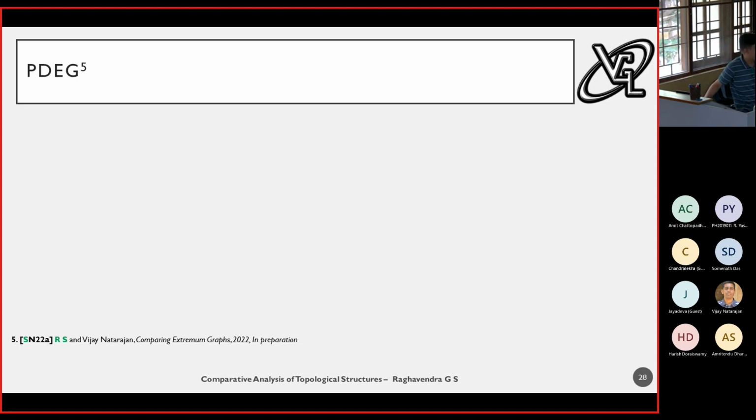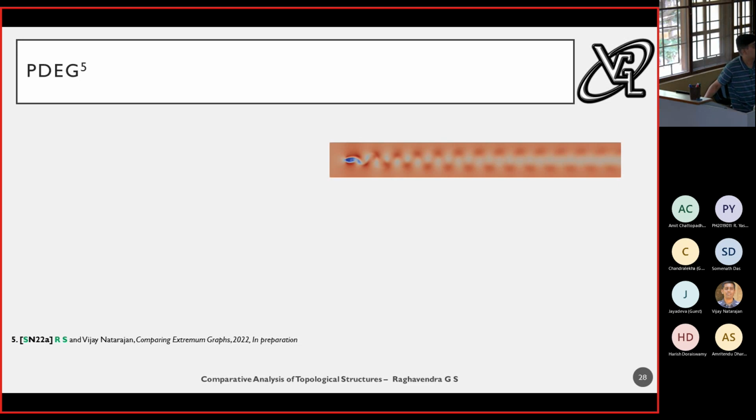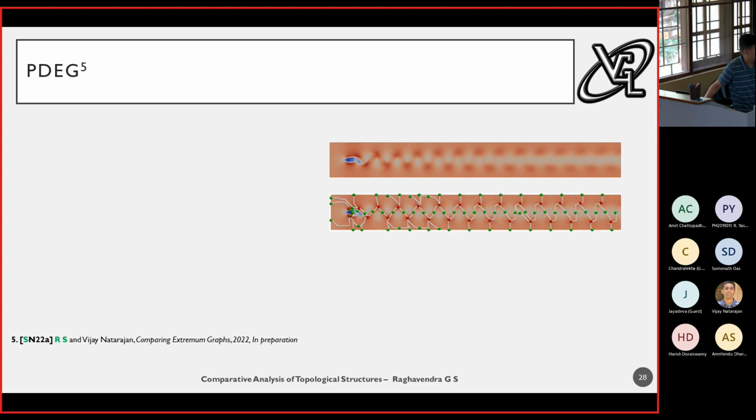With the background on the Hausdorff distance, Wasserstein distance, bottleneck distance, and also the metric graphs, we come to the persistence distortion distance between extremum graphs. In this case, there are multiple choices to be made. One is what type of extremum graph to choose. The extremum graph will look something like this. It would have the maxima, it would have saddles, and